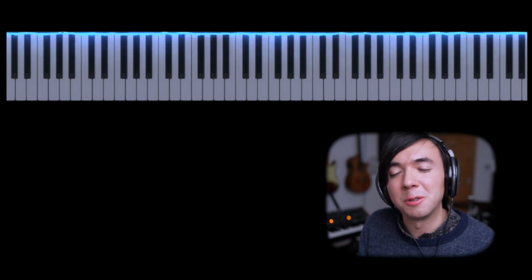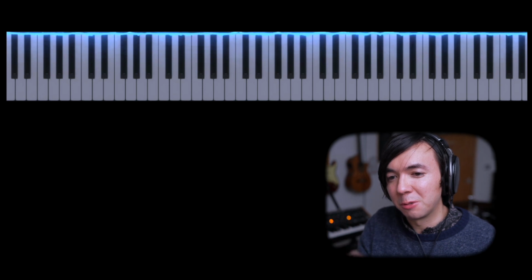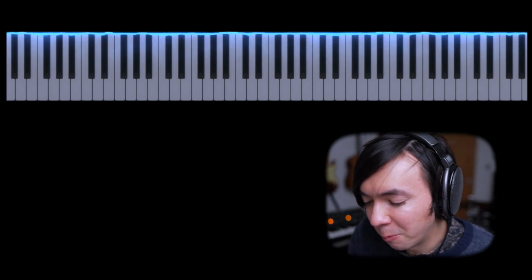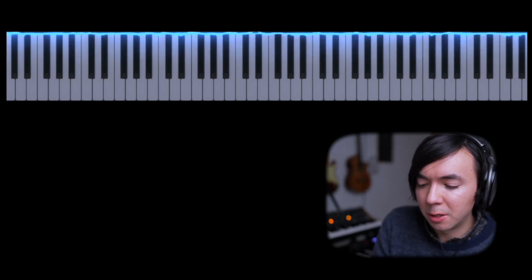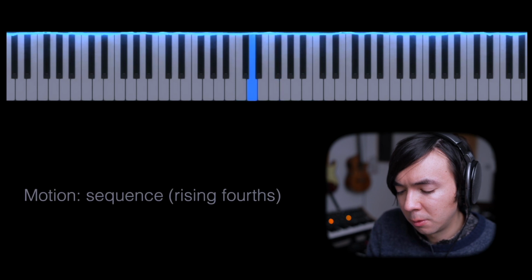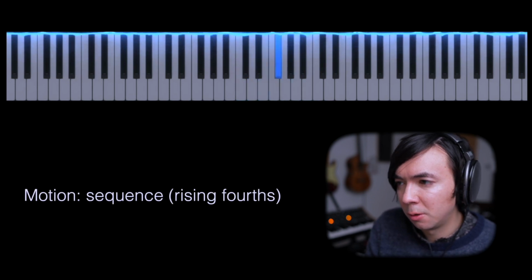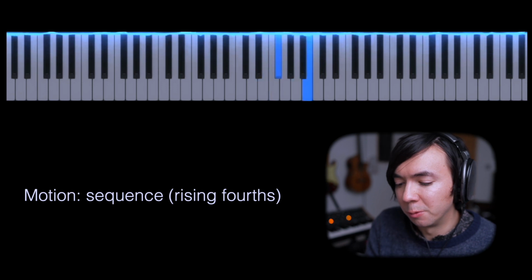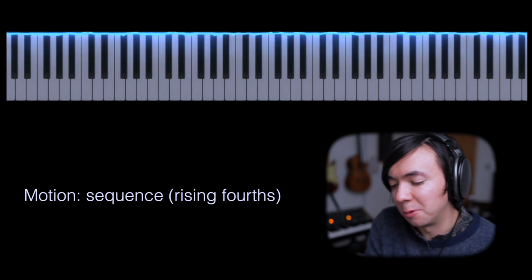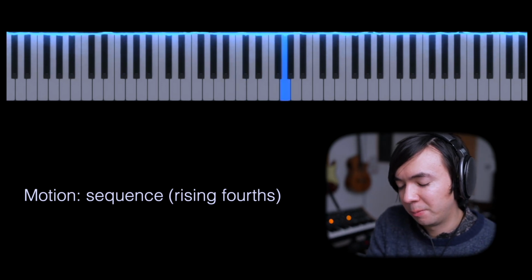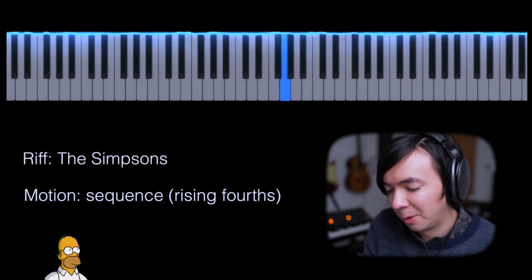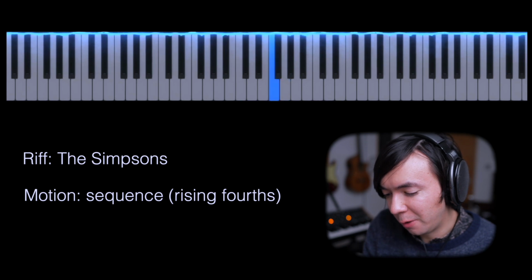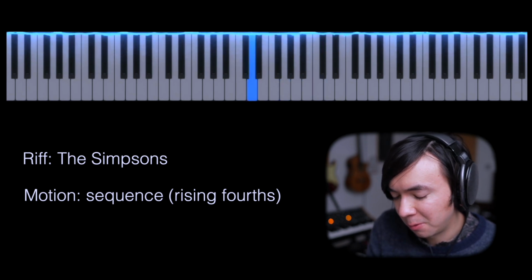Another advanced thing that you could do is have your sequence describe a sequence. So with parallel sequences, this works particularly well. So let's take this as our basic sequence, going up in tones and a distance of a fourth interval between each note. And for each step of that sequence, we're going to do this. I call that the Simpsons motif. Now the next root is F, then it goes to